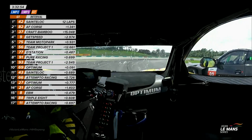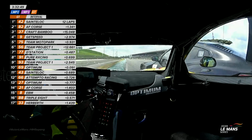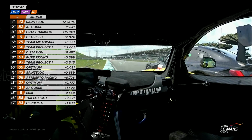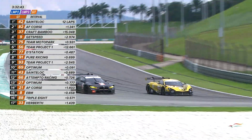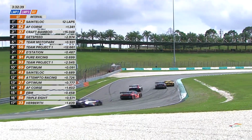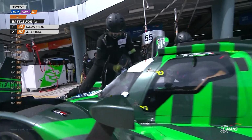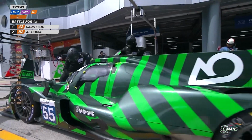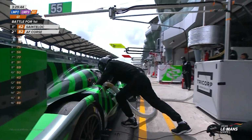Darren Young aboard the number 93 car, the British GT champion, and his tormentor throughout this season in the Optimum McLaren, managing to make his way through. 2 British GT stars making their way through the pit lane. End of the driving time for PJ Hyatt after a cracking early race run from the American to hand over